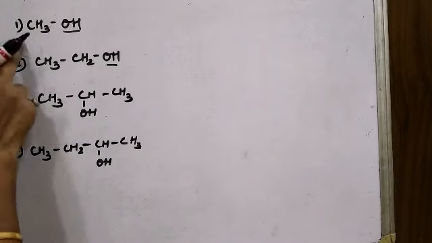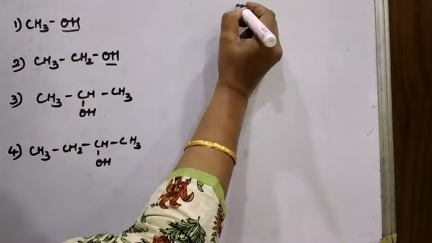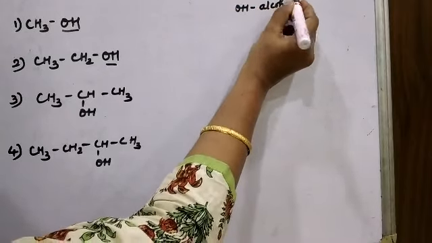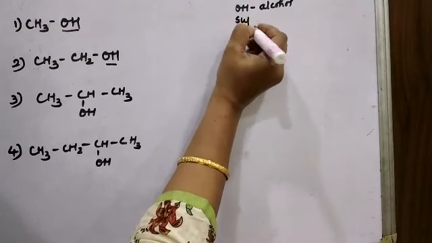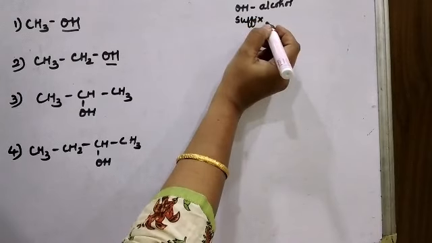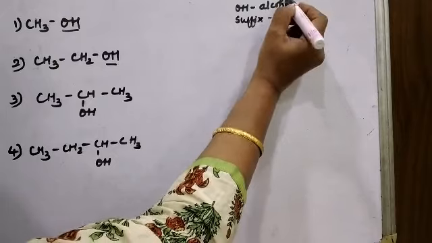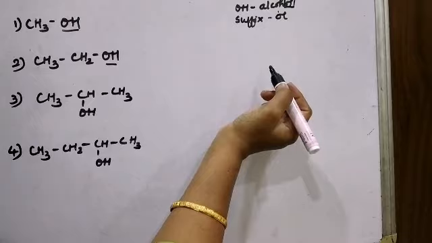Let us take more examples in order to understand the IUPAC nomenclature system. So let's see the first structural formula. It is CH3OH. Now OH is the functional group, and if you remember in the topic functional group, we have seen that OH is called the alcohol group. Whenever we name a compound by using IUPAC nomenclature, the suffix which we use for alcohol is OL, which comes from the word alcohol. So we use the last two letters of alcohol as a suffix.